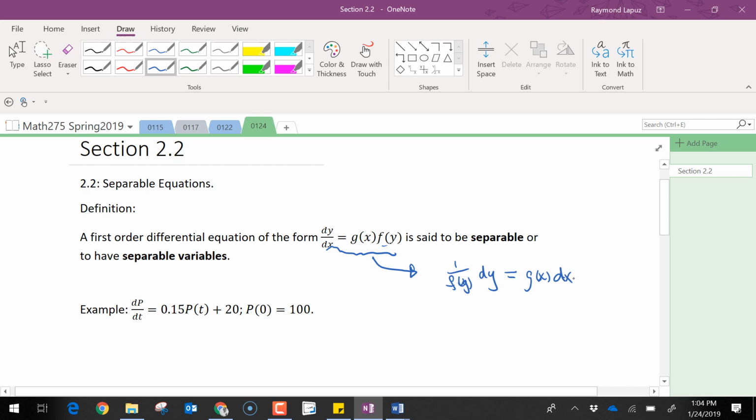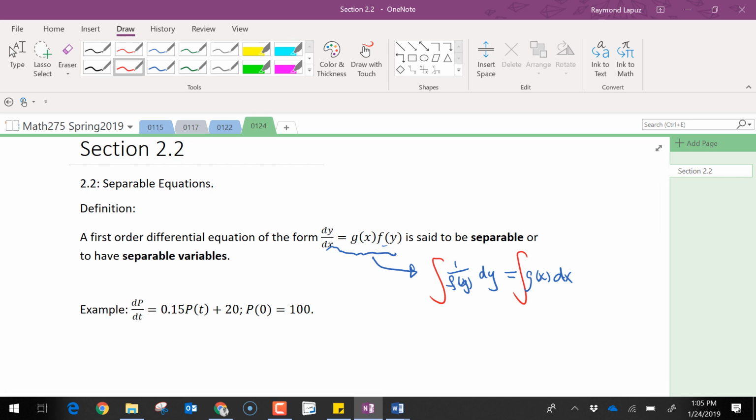And now you're looking at differentials. Remember differentials in Calc 1? A lot of instructors just really gloss over the idea of differentials. But when you do a u substitution in Calc 2, you're technically using differentials. You're finding a du and replacing it with something with a dx. So those are differentials. So these are differentials. You have a differential with respect to y on one side, a differential with respect to x on the other side. And so the only thing that's left to do is to integrate. And if you integrate this on both sides,